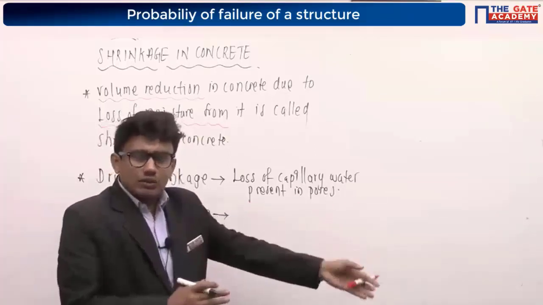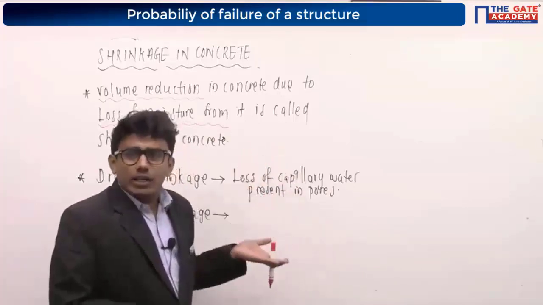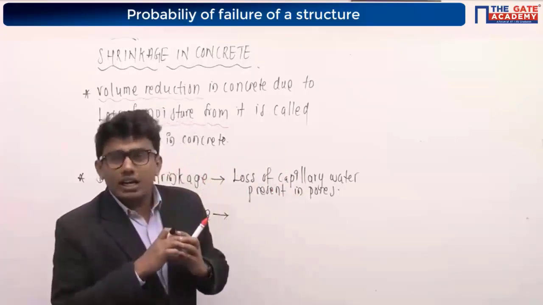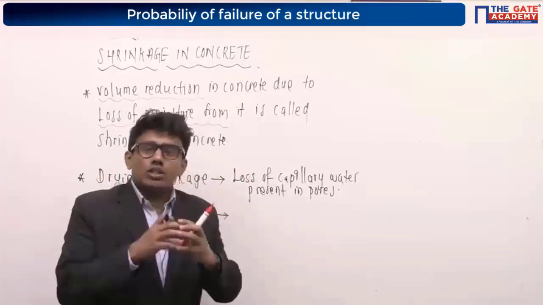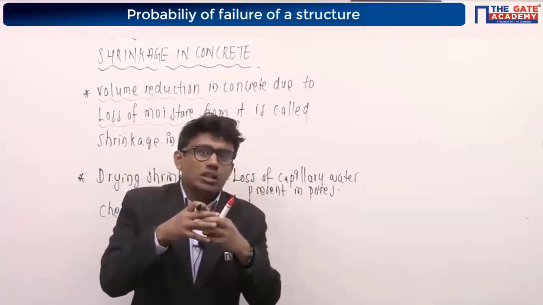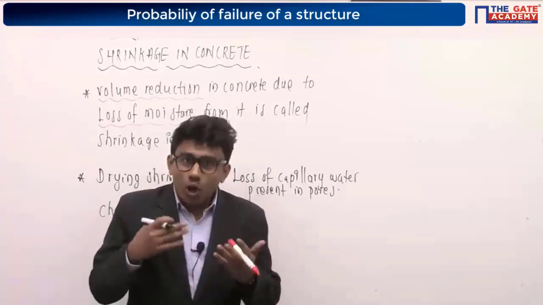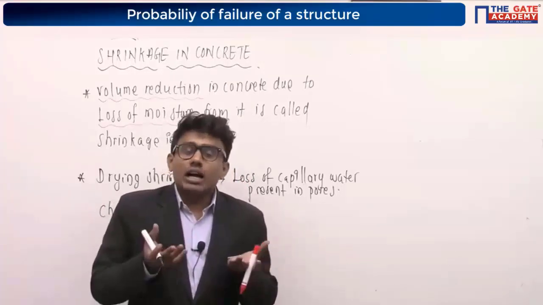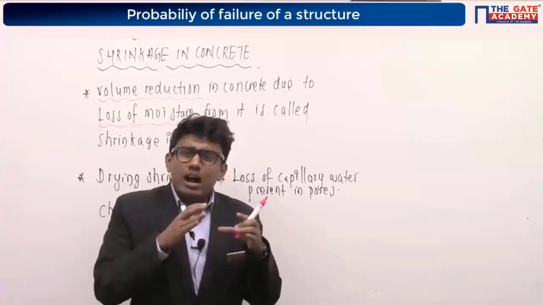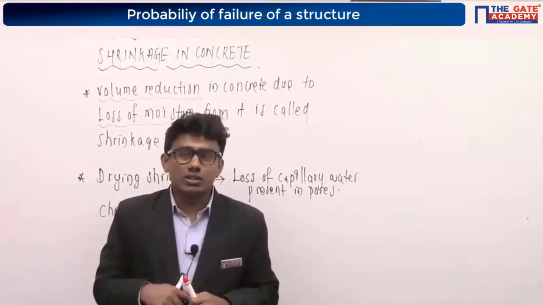As the time goes, if the temperature is high, the moisture will get evaporated. Due to the evaporation of this moisture, the volume of the concrete is going to get reduced. When the volume of the concrete is getting reduced, what is the possibility of failure there? There is a possibility of crack formation in the concrete, which is objectionable. We cannot allow shrinkage cracks. See, some amount of shrinkage cracks is possible, but we have to think about the shrinkage cracks when we design the concrete structures.